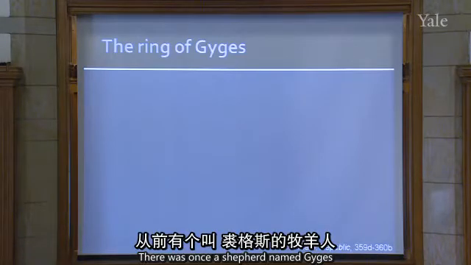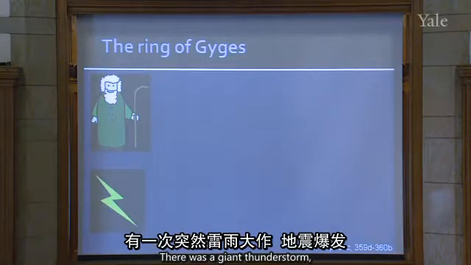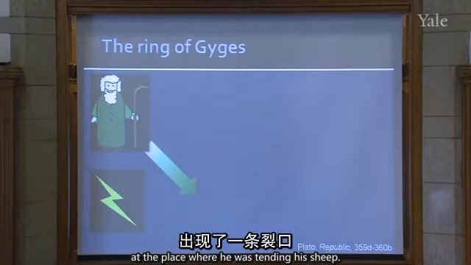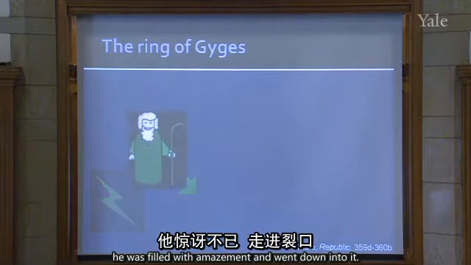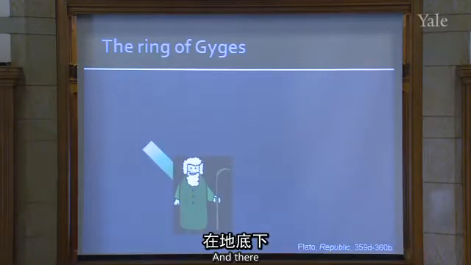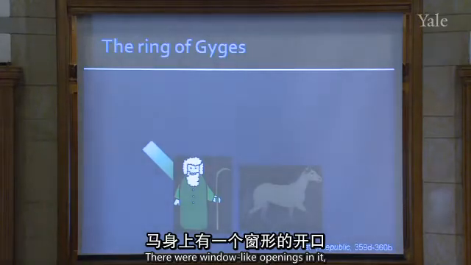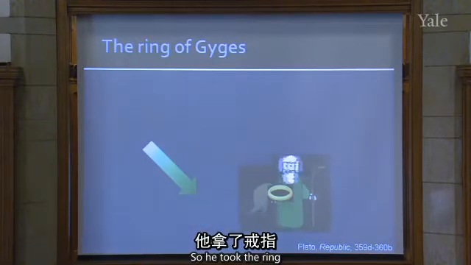So, there was once a shepherd named Gyges in the service of the ruler of Lydia. There was a giant thunderstorm, and an earthquake broke open the ground and created a chasm at the place where he was tending his sheep. Seeing this, he was filled with amazement and went down into it. And there he saw a hollow bronze horse. There were window-like openings in it, and peeping in, he saw a corpse wearing nothing but a gold ring on his finger. So he took the ring